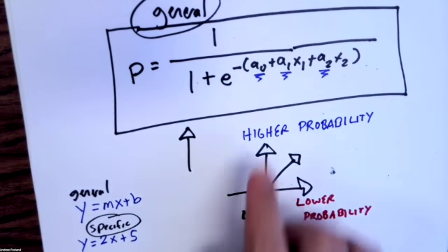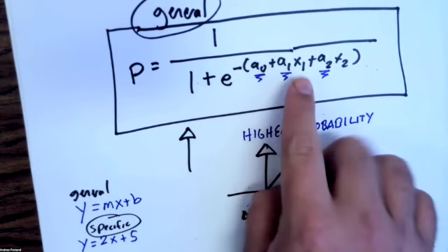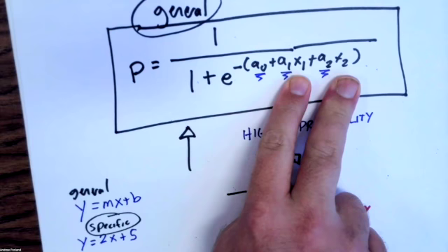One more thing. Am I restricted to 2 variables in this process? No. Could I generalize this to any number of